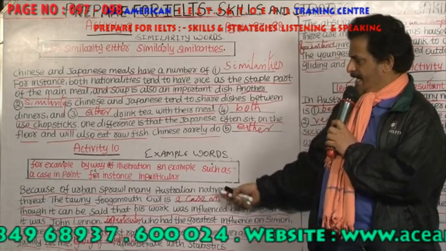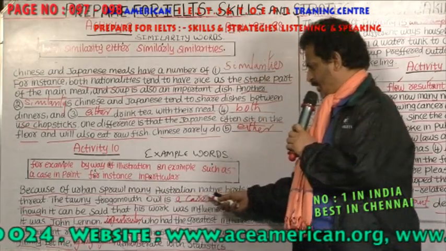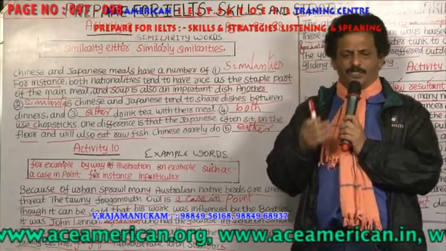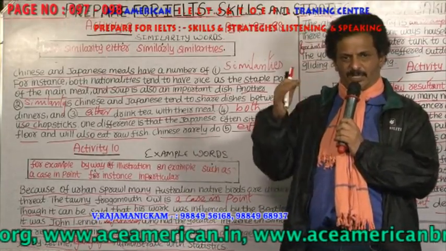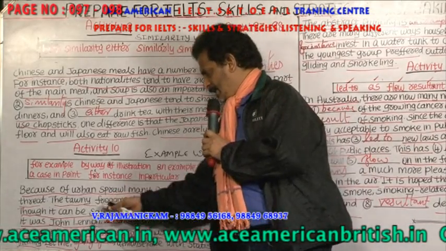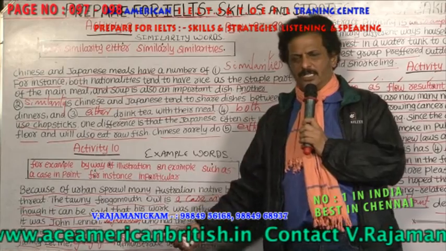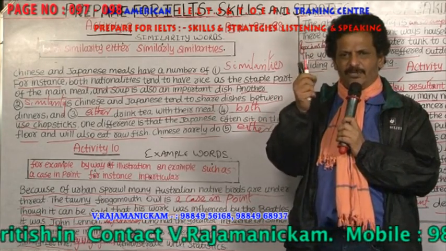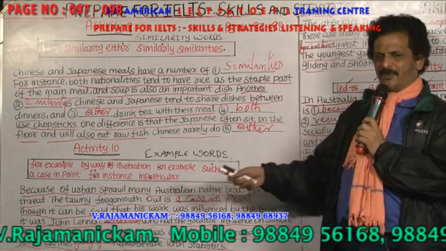அதே போன்று இங்கே பேசுகிறோம், because of urban sprawl many Australian native birds are under threat. நகர்ப்புறம் வளர்ந்து கொண்டே இருக்கிற காரணத்தினாலே அந்த உள்ளூரில் இருக்கக்கூடிய பறவைகளுடைய ஜீவிதம் குறைந்து கொண்டே இருக்கிறது. The tawny frogmouth is a case in point. Case in point என்றால் என்ன? கருதப்பட வேண்டிய ஒரு முக்கியமான விஷயம். அது உதாரணமாக எடுத்துக்கொள்கிறோம். இந்த உதாரண வார்த்தையை case in point.